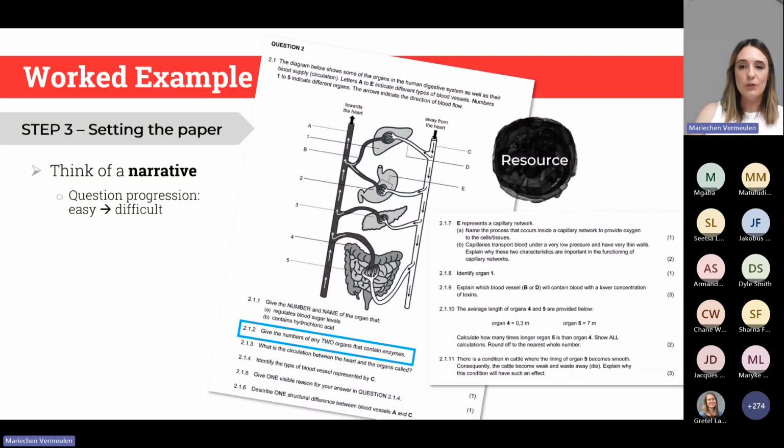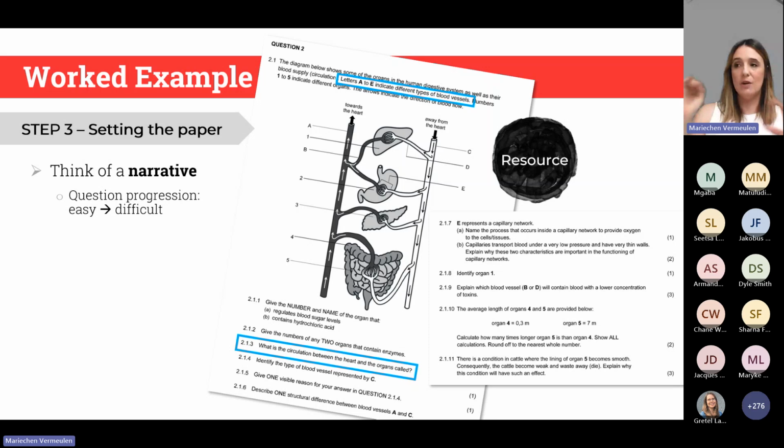Sorry, what I want to say here first is, this is recognizable content, right? So you're easing them into this. This is content that they've learned. They just recognize them from the diagram. And then, because the stem of the question talks about different types of blood vessels, you move into the cardiovascular system. But you do it very gradually and easily,